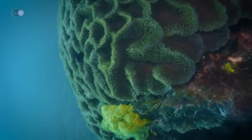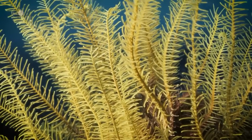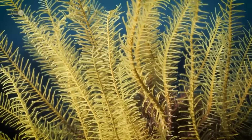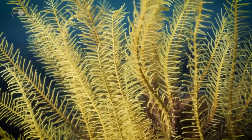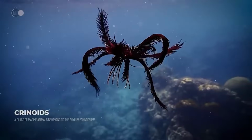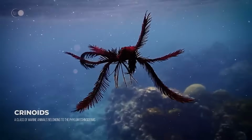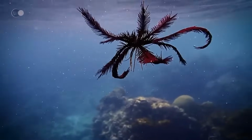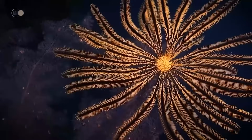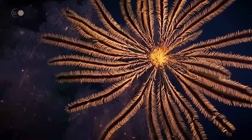But the most extraordinary species is undoubtedly the crinoids. These marine animals gave their environment the appearance of a spring meadow. Indeed, they are commonly referred to as sea lilies. Belonging to the phylum Echinodermata, which also includes sea stars, sea cucumbers, and sea urchins, they display the pentaradial symmetry typical of echinoderms. Attached to the seabed by a long pedicle that can reach up to several dozen meters, they